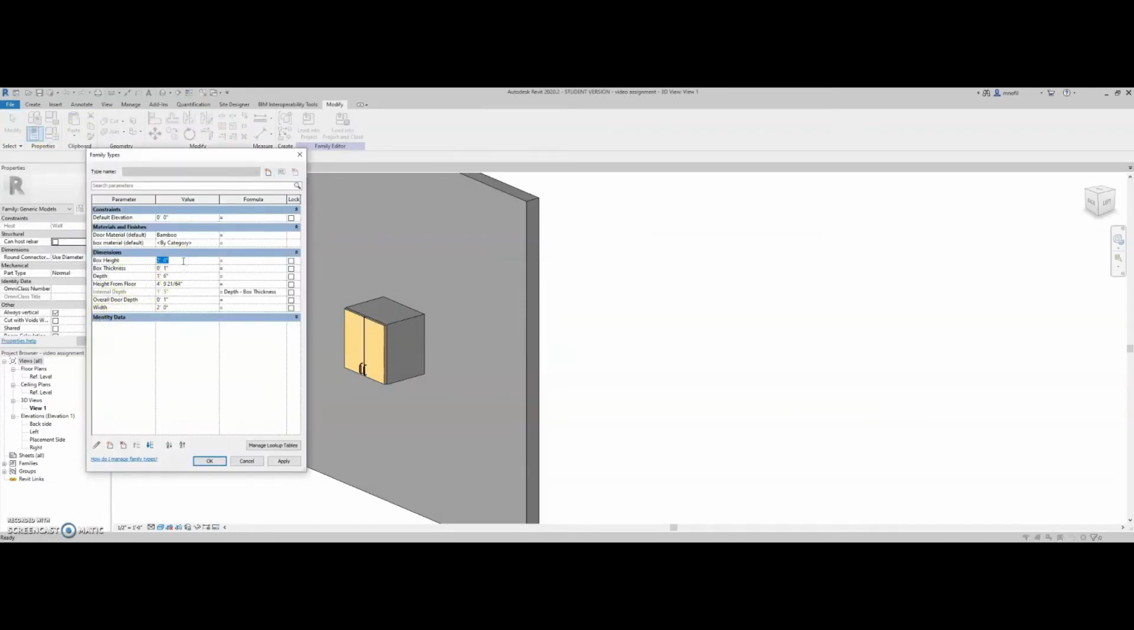Let's test that out. 3 feet for the height. We can make 2 feet. Click OK,